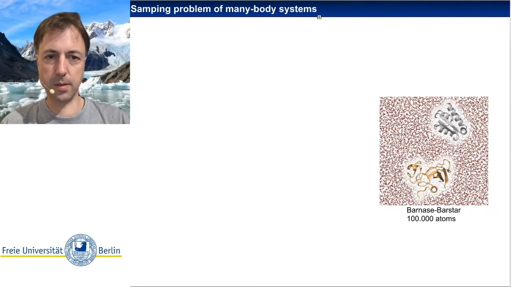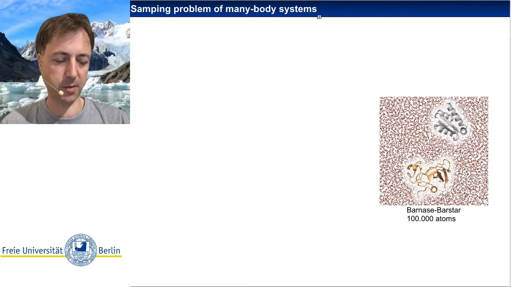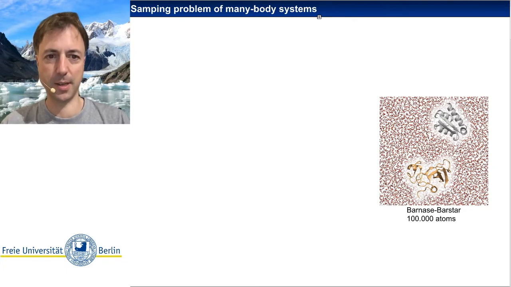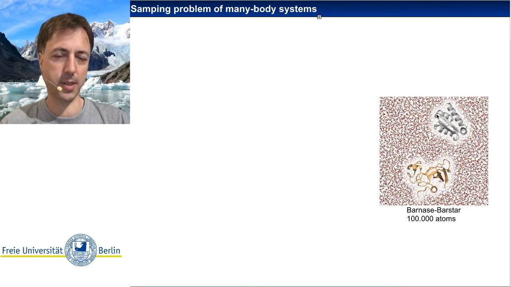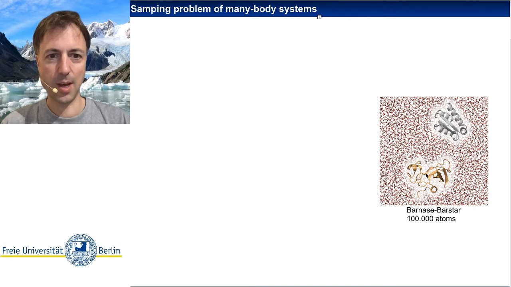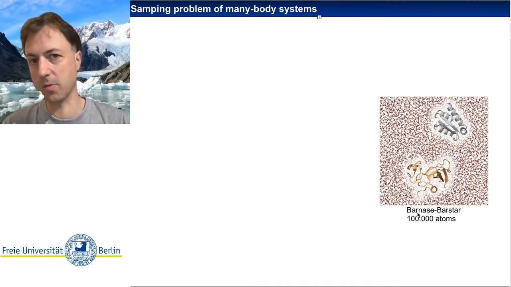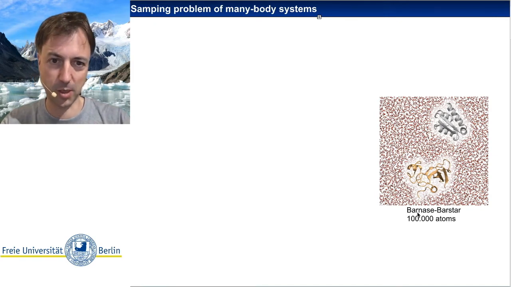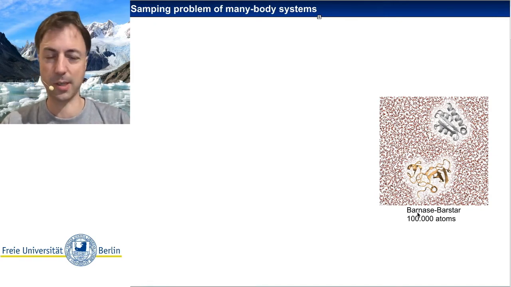Now I will focus on molecular physics here, and I will specifically focus on the sampling problem and the kinetics of molecular simulations. That is all-atom molecular simulations where we model how, for example, proteins behave. These are two small proteins, really small, and the simulation system with them is about 100,000 atoms large. We are interested in how these proteins find and bind each other, how long it takes to do that, how long it takes to dissociate again, and how that would change if we make little changes to the protein, such as mutations. We can do simulations for that.